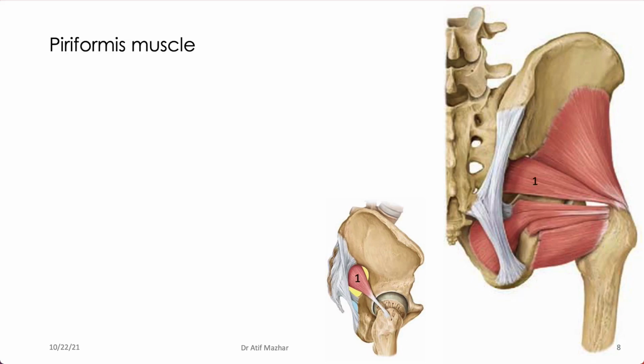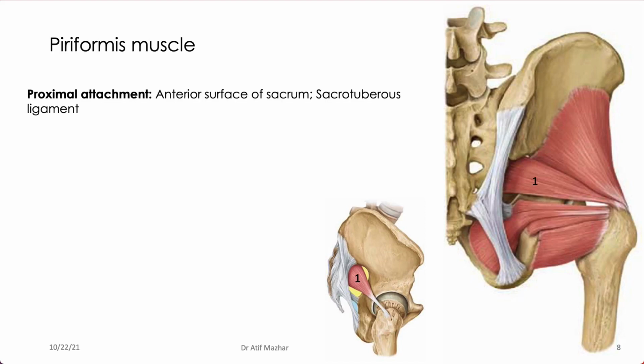This piriformis helps us in identifying various structures. Proximally, it's coming from the anterior surface of the sacrum, which is not visible on this. If you look from the front, within the pelvis, you can see the anterior surface of the sacrum. From the sacrotuberous ligament, this is my sacrotuberous ligament. You can see it's coming close by. So these are its proximal attachments, and distally, it's going to the greater trochanter of the femur, the superior border